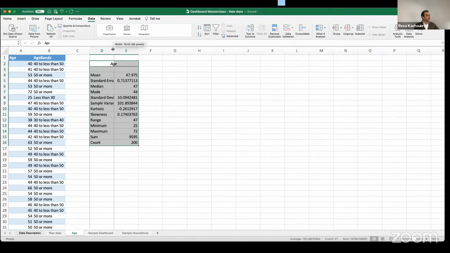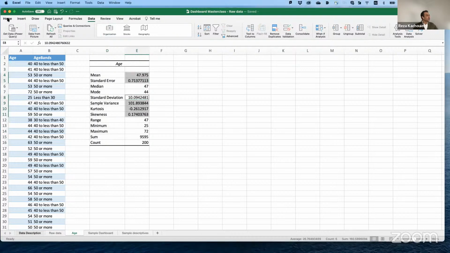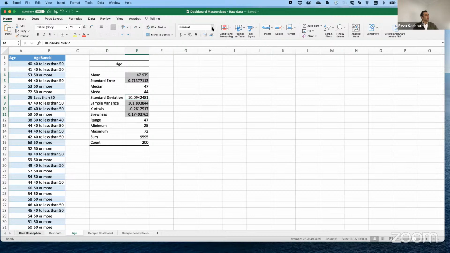It gave me something like this. First step, you need to make it a bit nicer. So you select the data points with decimal points. You go to Home and format it as number.